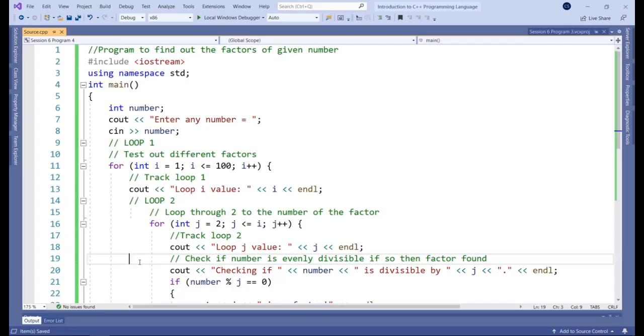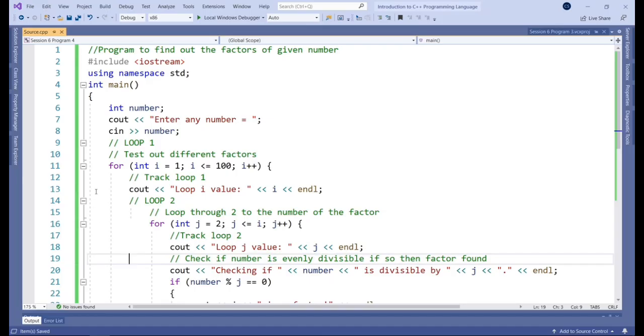Okay, guys, so for our last look here in session 6 at loops, we're going to look at a program that uses loops within loops. And this can sometimes be a bit tricky to conceptualize and visualize in your head, to get your mind around it. But we'll take it step by step, and I'm going to show you ways in which we can figure out what's happening within the loop.